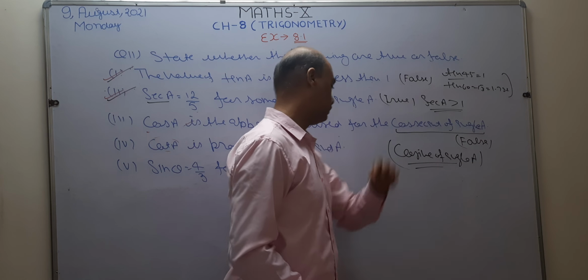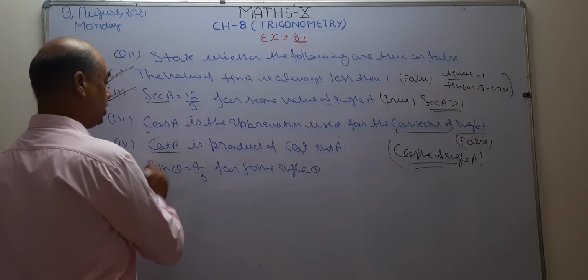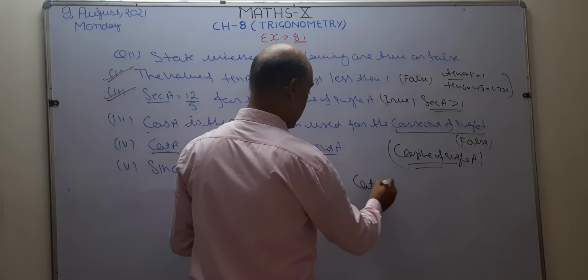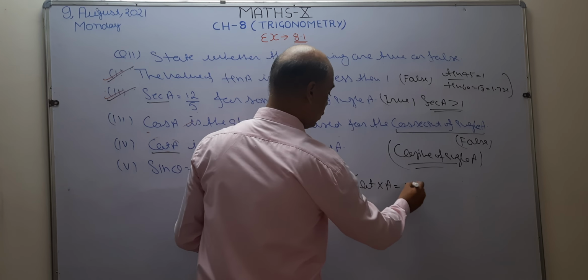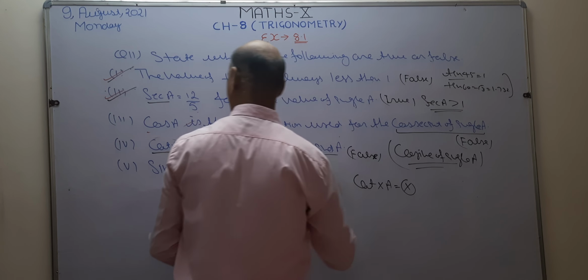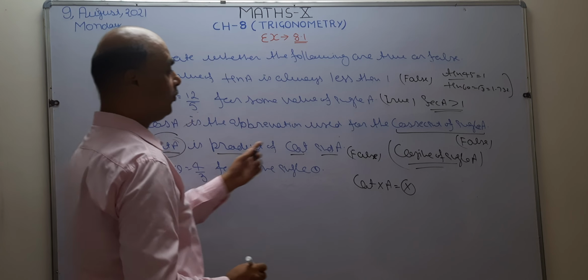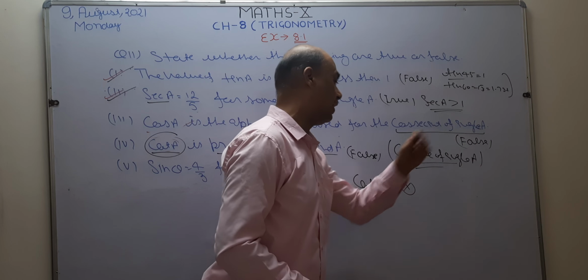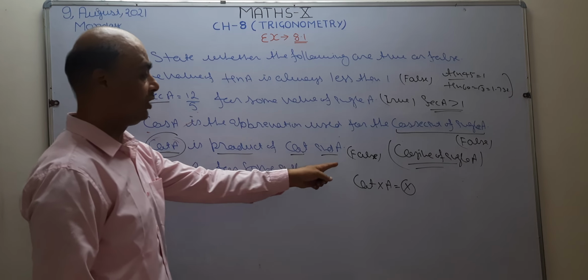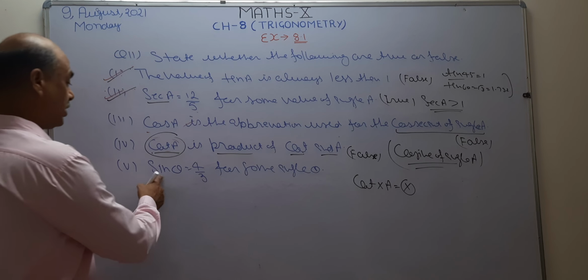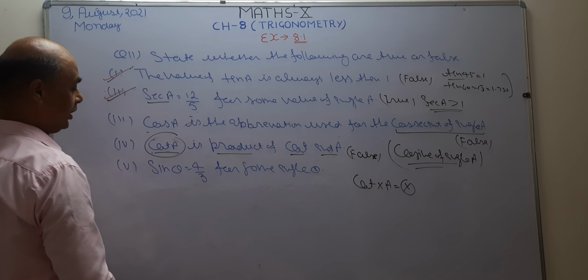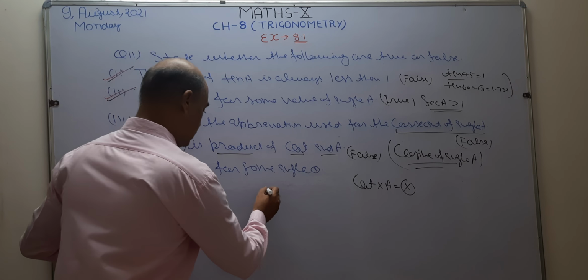So this is false. Next one: cot A is the product of cot and A. No, this is not the product of cot into A. This is false. Cot A is the abbreviation of cotangent of angle A, not cot into A. So this is false. Now sin A is given as 4 by 3 for some angle theta, and sin